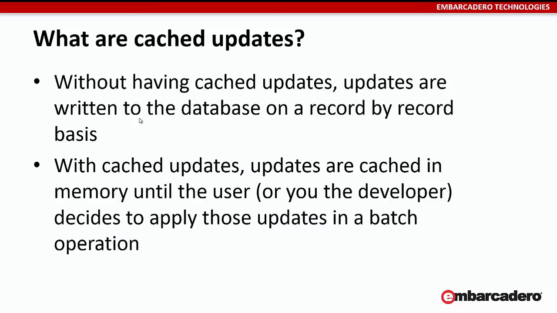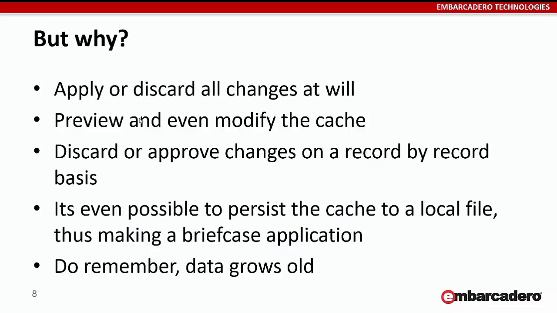With cached updates, however, all updates that you make are in memory until the user or you as the developer decide, well, I'm going to apply these updates now in a batch operation. Why use cached updates? Well, there are quite a few advantages. First of all, you can apply or discard all the changes at will. You can preview and even modify the cache, so on a record-by-record basis you can discard or approve changes,